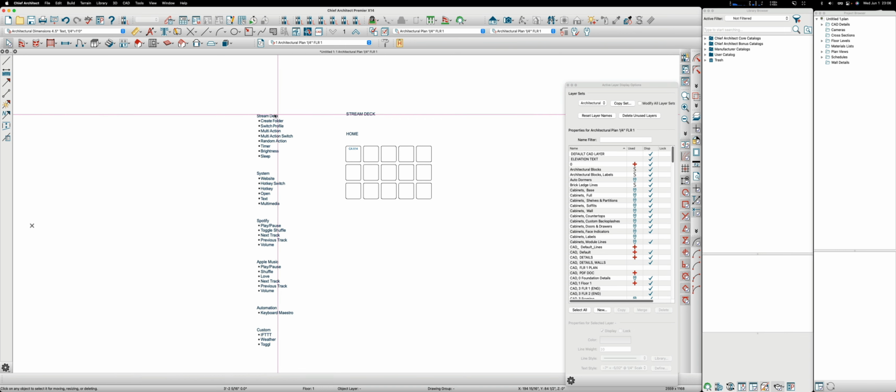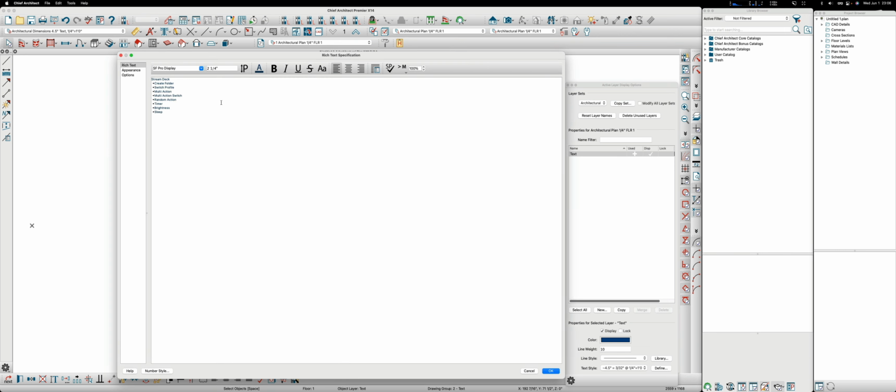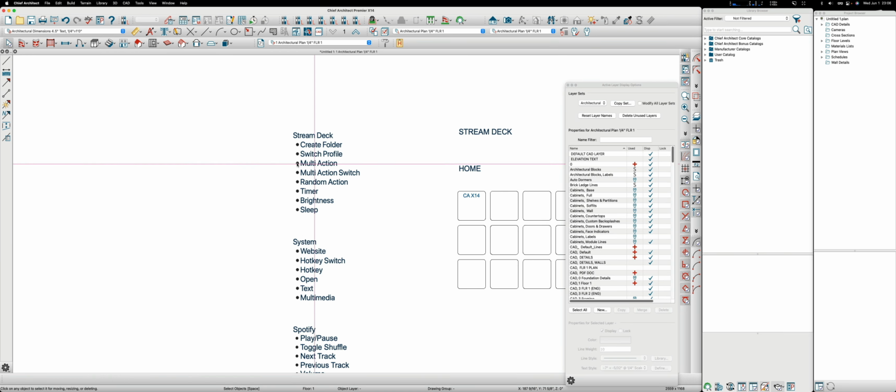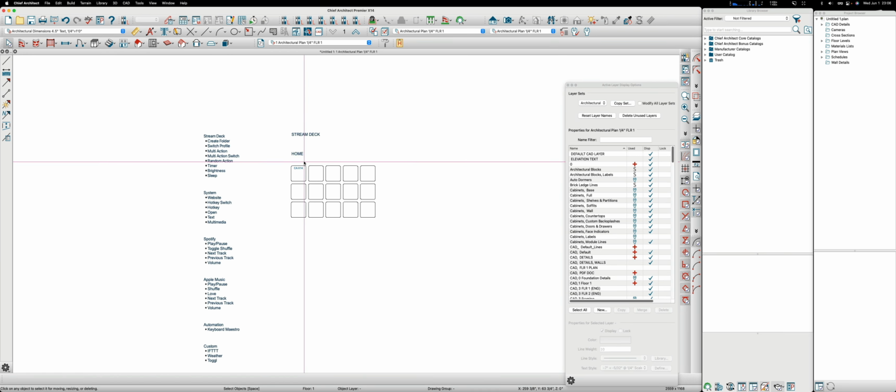So anyways, what I did is these are all the different options, and I'm going to start playing with these to figure out what does what. And the multi-action one right here, that's useless. Anyways, the multi-action one seems to be pretty cool,